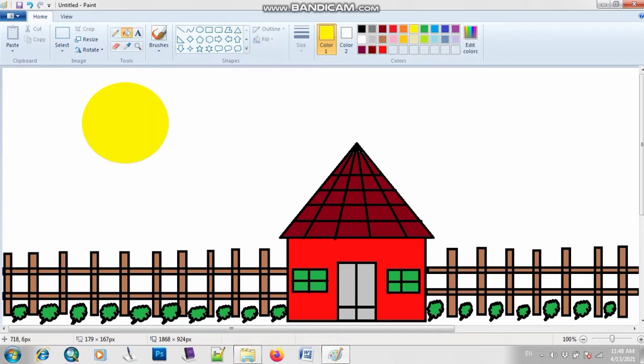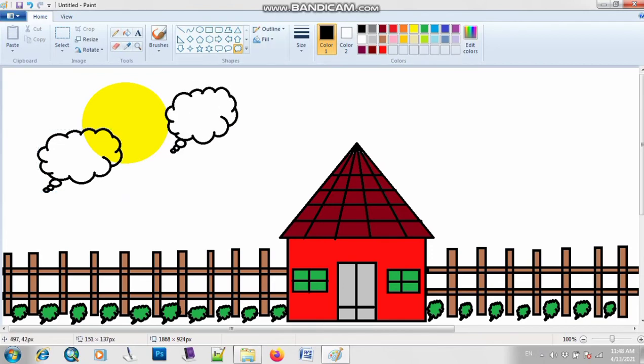Now if you want to draw more clouds, then what you can do is use this cloud shape with the black color boundary, and one more.